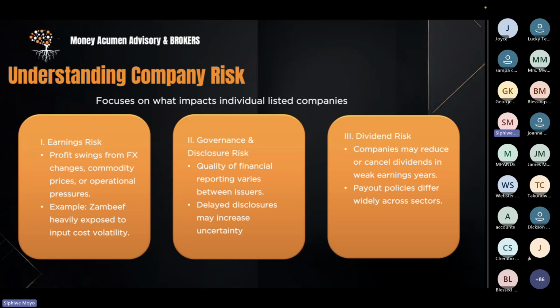So a company's profitability can change quickly due to currency volatility, interest rates, or operational disruptions. If you remember, those that were on the session last week, we looked at the historic performance of some of the companies listed on the LuSE. So their profitability, their performance has an effect on